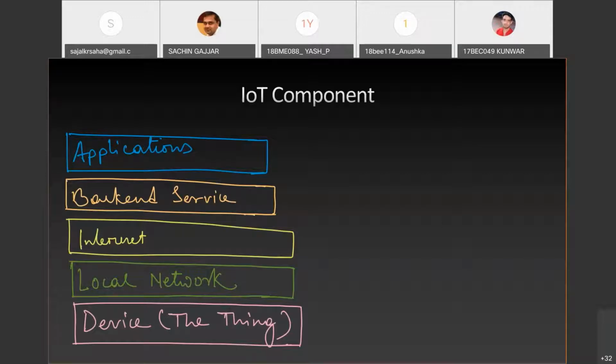Okay. Now, if your IoT devices are there to connect in smart home applications or smart home automation applications, or your smart city projects or a healthcare application, obviously those devices will be within the infrastructure based network. Okay. So that is why the internet layer and local area network is segregated separately for the IoT components. The next layer will provide you the backend services, meaning what I will do with those IoT